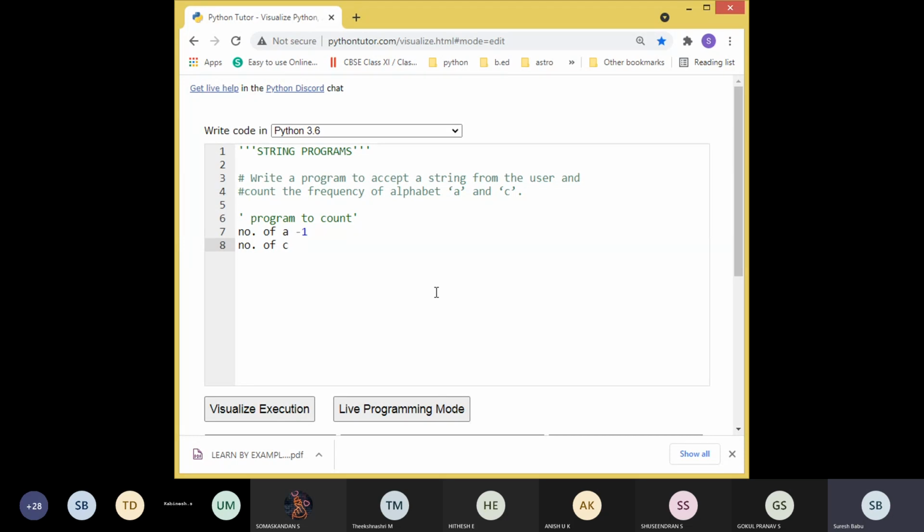Instead of C you can use any character. Just for example I gave this. You can use another input also. Understood everyone? Students, everyone understood the program? Count the frequency means the number of occurrences of the particular character. Now tell me, students, how to do this program.